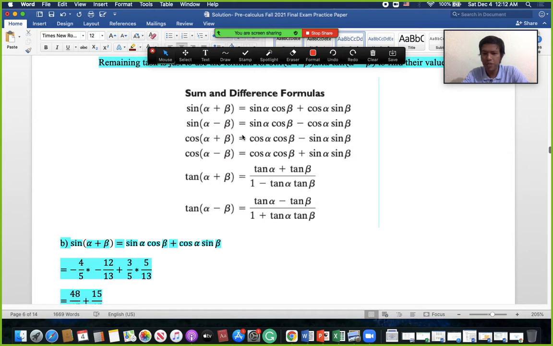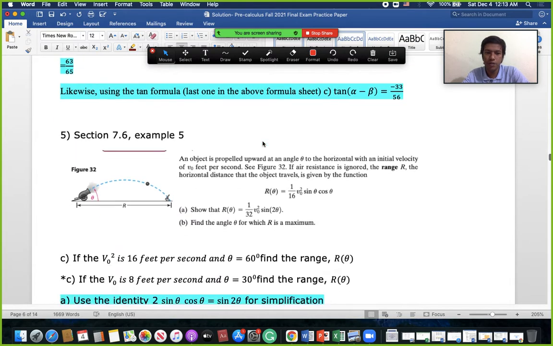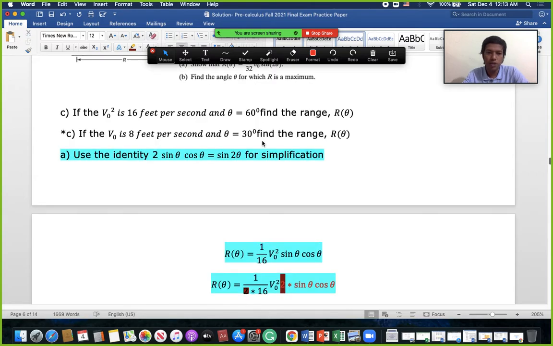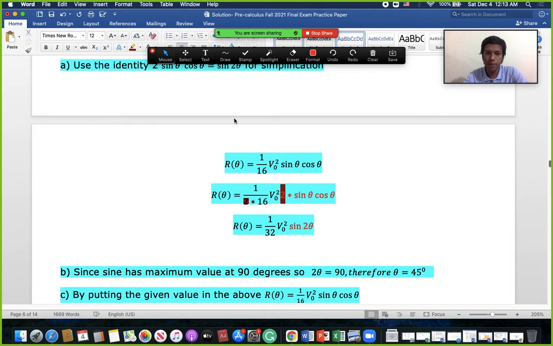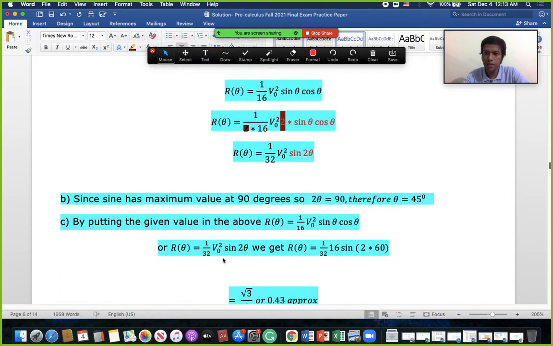This formula sheet you will not have to memorize. You will see that in the paper, so that's fine. That's no problem. This kind of problem you just have to write the final line. If it is like "show that this is equal to this" and it is not given, then you will have to continue and write the final line, like from here sine 2 alpha related, that kind of thing. And then the values given, you just put back in the question and write it.